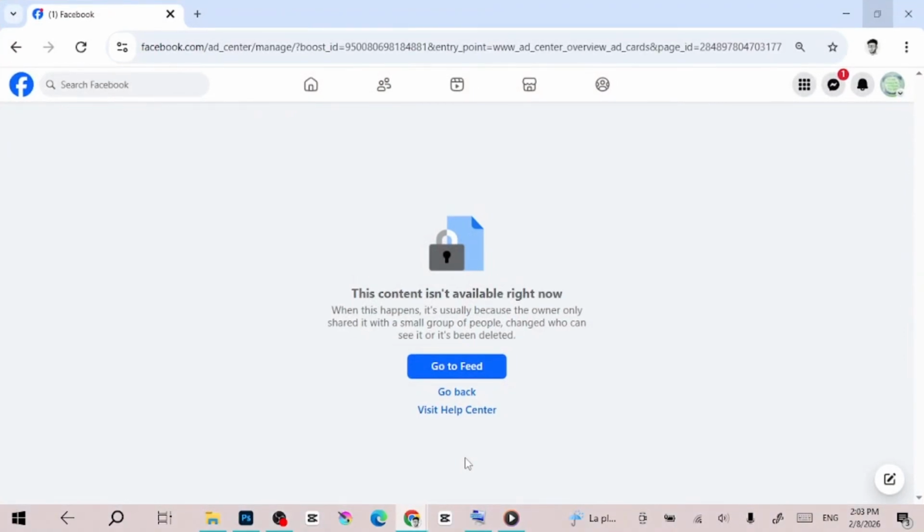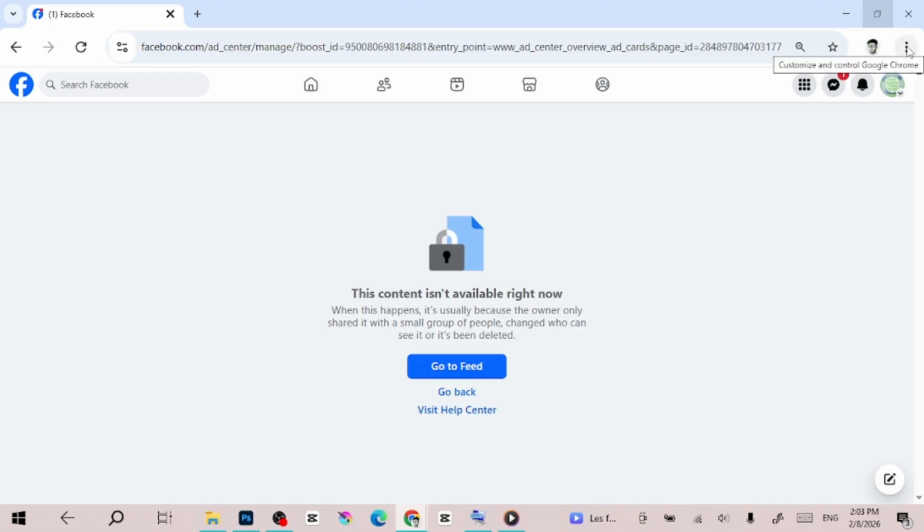In this video, I'm going to show you how to see and find your password on your Facebook. You just have to follow and watch this video till the end. Here is Facebook, and if I go to the settings of my account, I will not be able to see my password. So what I have to do right now, I will just go to Chrome and come here